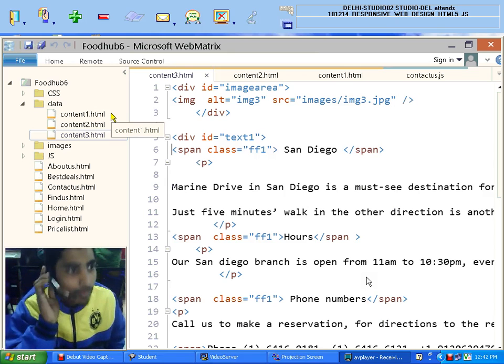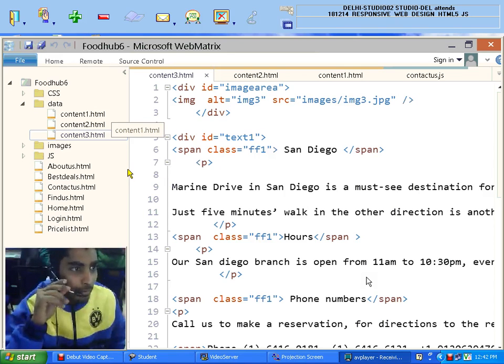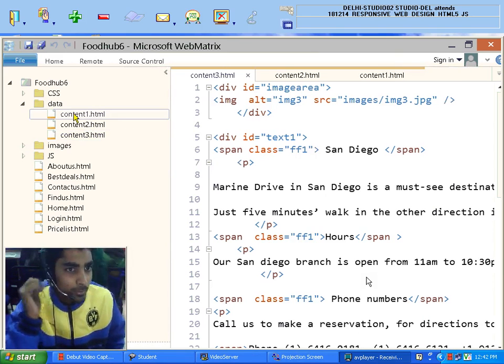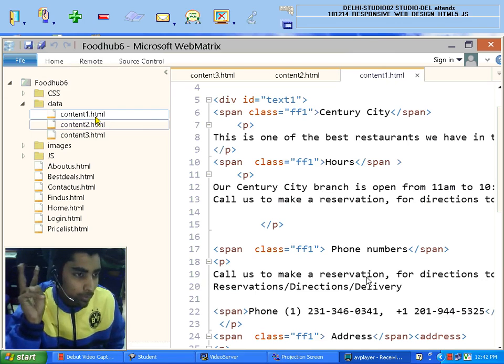Okay. I will explain once again. There is nothing very hard. The contents are given in these three separate files. What I want to do is use Ajax, and I don't want to reload my whole page again and again.